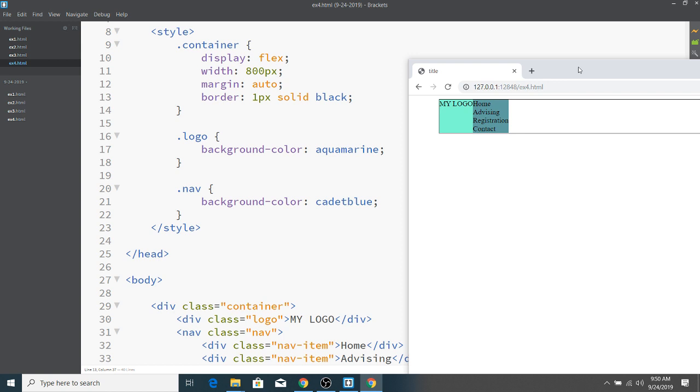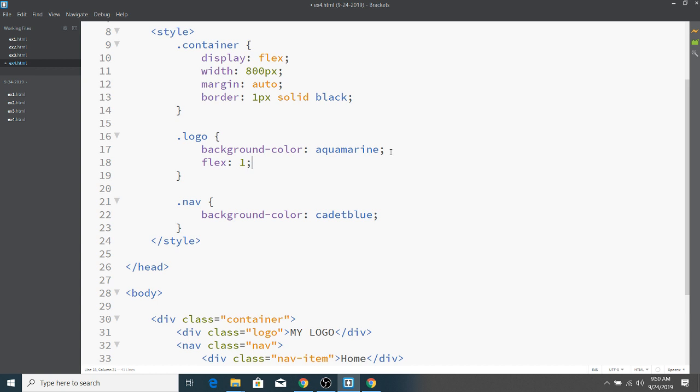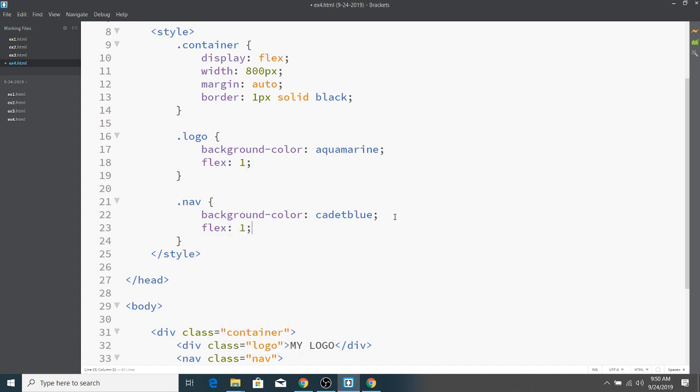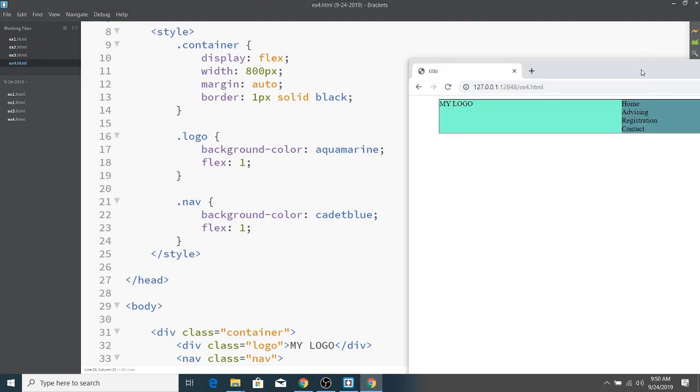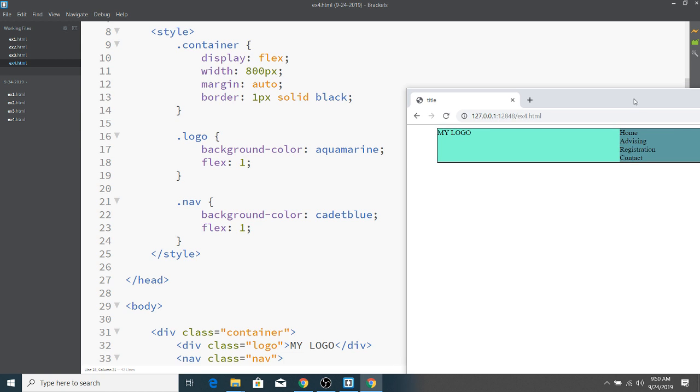So first of all, if we want them to take up equal spacing and use the whole container, remember I just showed you this, we can do flex 1. We could also probably have done space around, would have probably worked just as well, but we'll just do this for now, just so you get some practice doing things a couple different ways. So we've got the logo on the left,